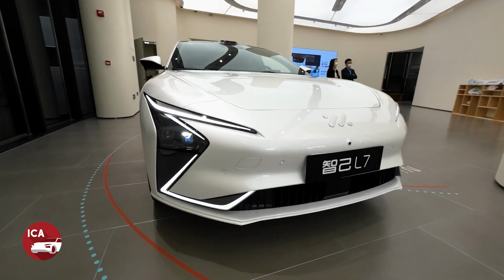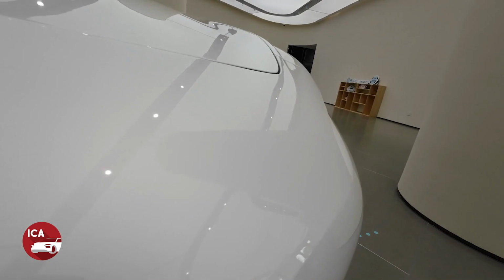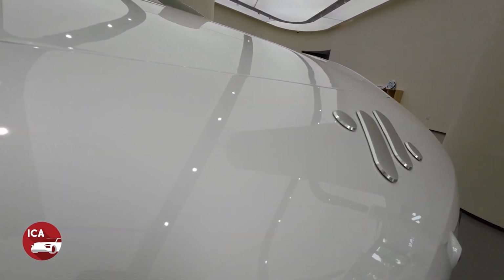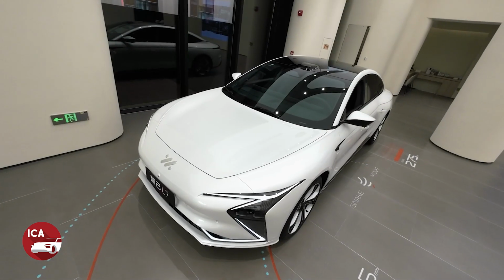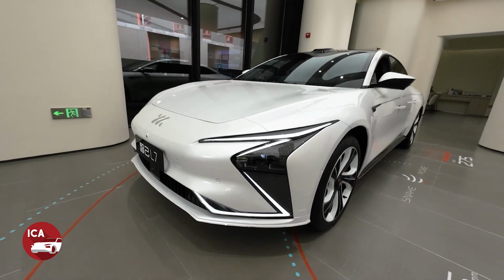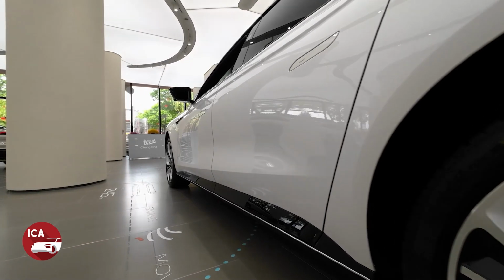IM is a joint venture between SAIC, one of China's biggest car companies, and also Alibaba, of course, one of China's largest tech companies. They were only formed in December 2020, 18 months ago, and this, the L7, is their first ever car. And of course, it's a premium electric saloon, and it's a full-size electric saloon, which means that